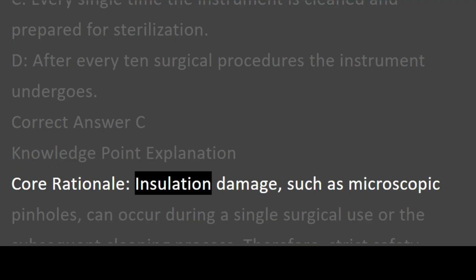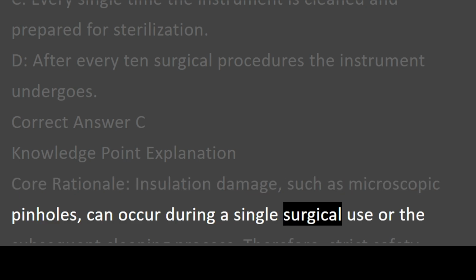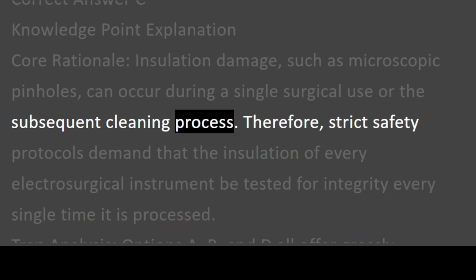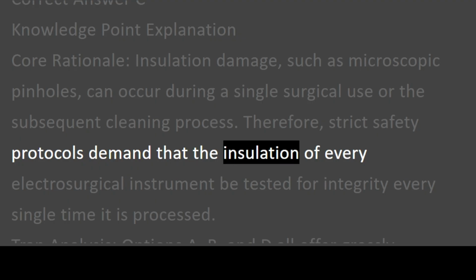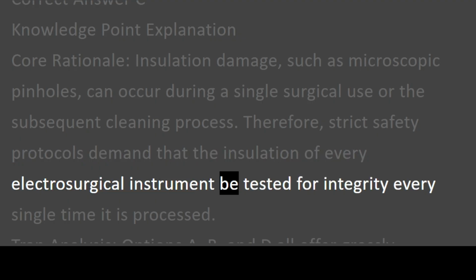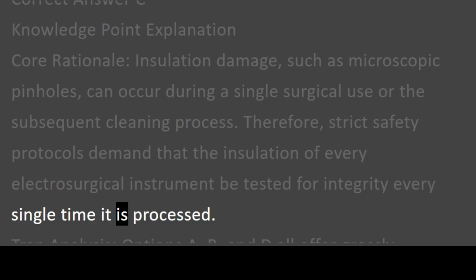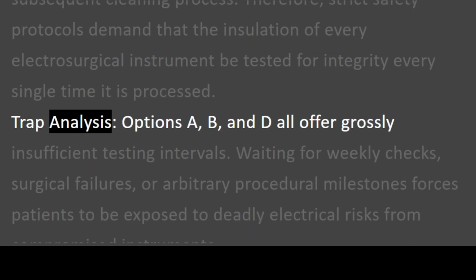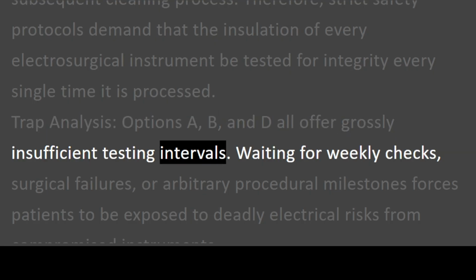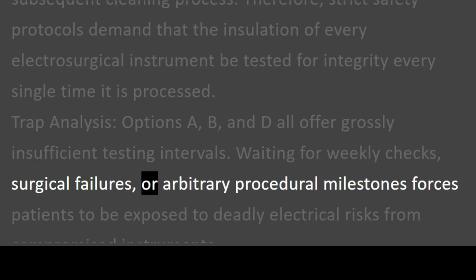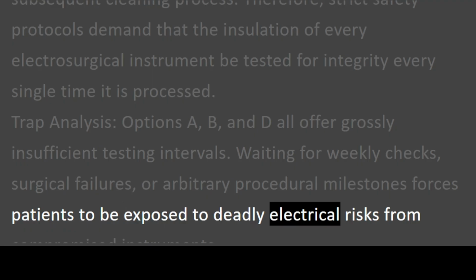Core rationale. Insulation damage, such as microscopic pinholes, can occur during a single surgical use or the subsequent cleaning process. Therefore, strict safety protocols demand that the insulation of every electrosurgical instrument be tested for integrity every single time it is processed. Trap analysis. Options A, B, and D all offer grossly insufficient testing intervals. Waiting for weekly checks, surgical failures, or arbitrary procedural milestones forces patients to be exposed to deadly electrical risks from